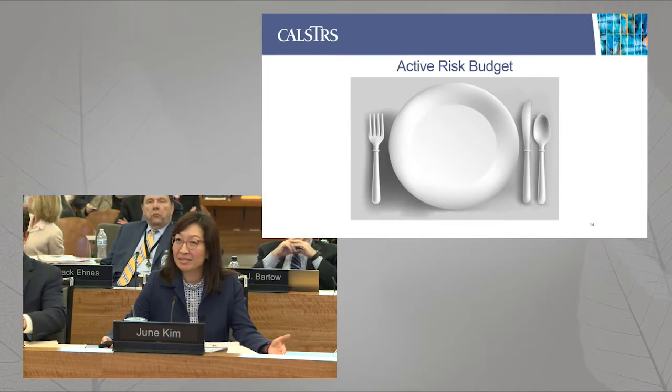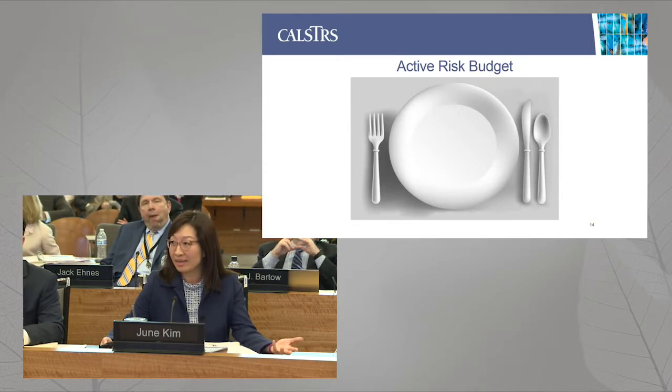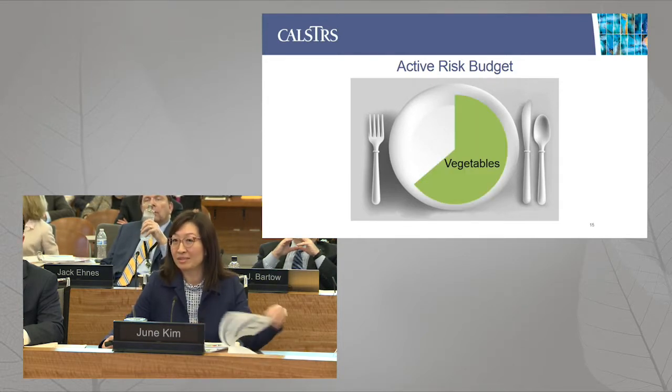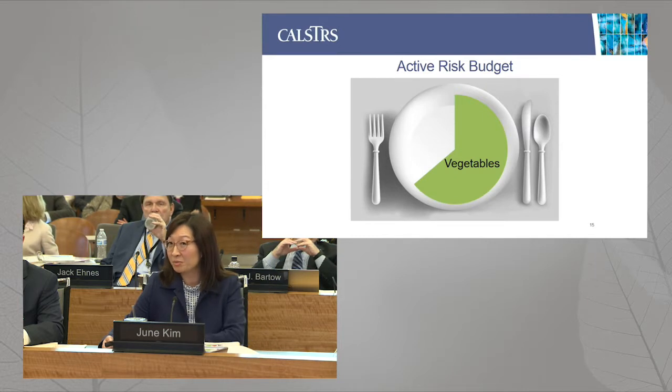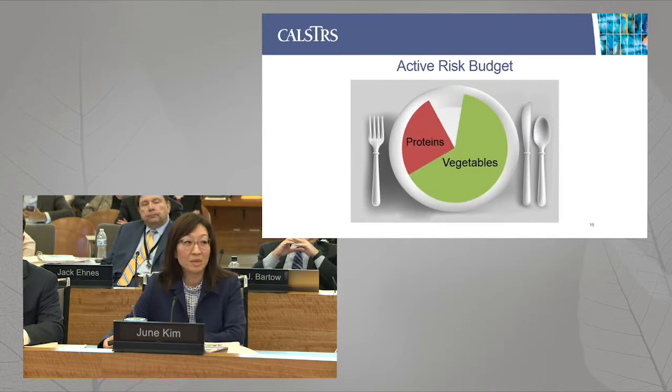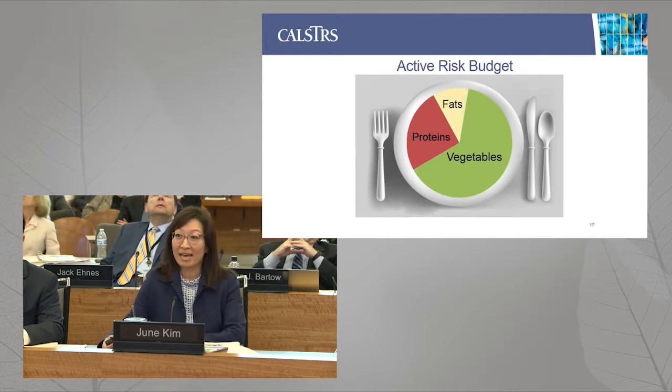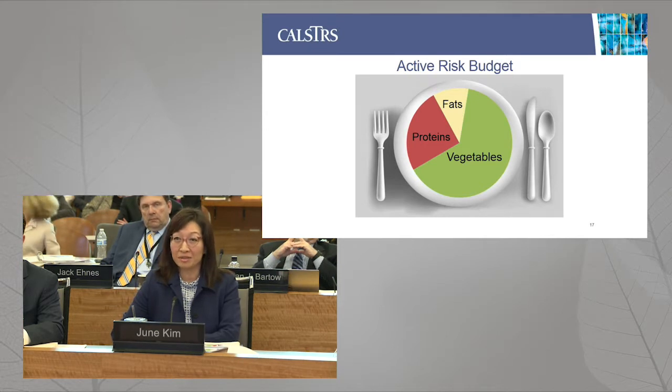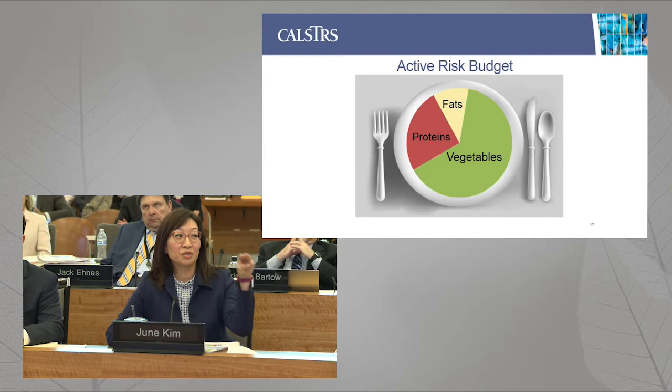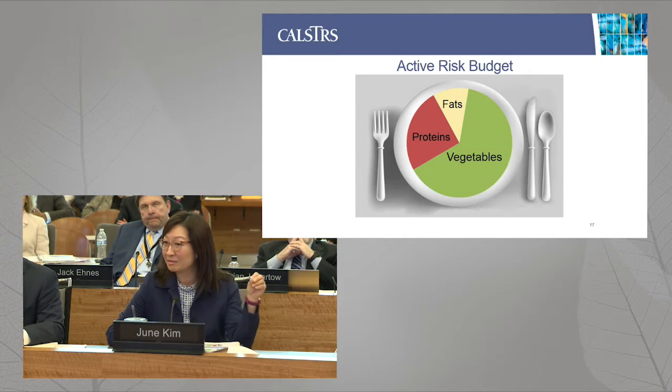And what is that? So an example you can use is an example of a diet. You can set yourself a 2,000 calorie a day diet. And you'll decide it's going to have just 3 components, vegetables, but very low calories, so you could have a lot allocated to vegetables. You also want some proteins, higher calories, but you do want some in your diet, and then some fats or cheeses, which you want in your diet, but at a lower proportion. So you can determine these are the 3 things you're allowed to include. The mix could change, and you need to stay within your 2,000 calorie a day diet.